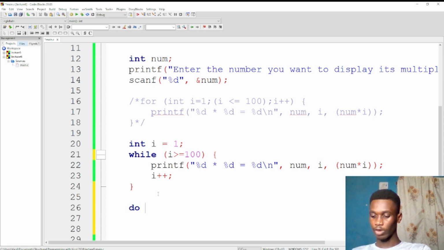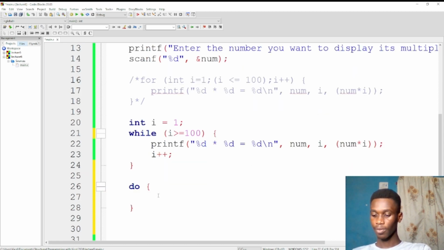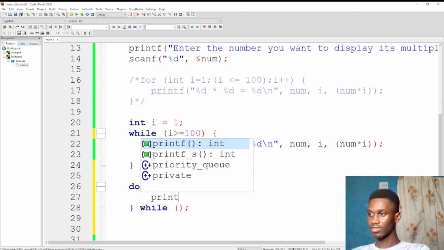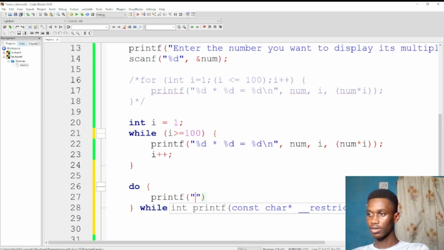Even in writing the code, you see that it first says do, then what you want to do goes here, before it now checks the while. So as you can see, it's a very funny statement because it is do while. I first want to do something before I even check any condition at all. So let me do a printf and say hello,